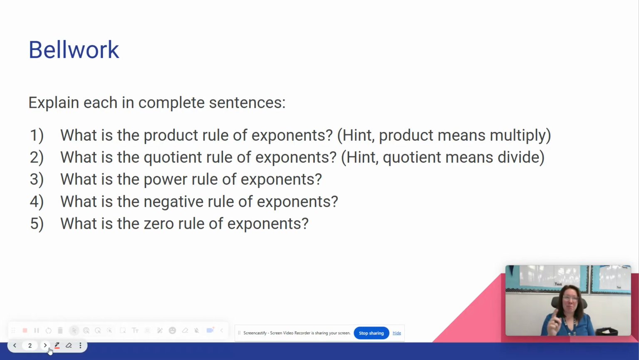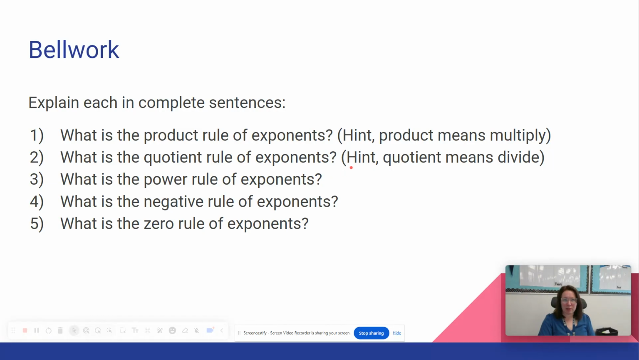When you have the same base with some exponents, and they're being multiplied together, add the exponents. Quotient rule, when you have the same base with some exponents, and they're being divided, subtract the exponents. Power rule, that's like a power to another power. When you have an exponent that has a power, and then all of that is in parentheses to another power,